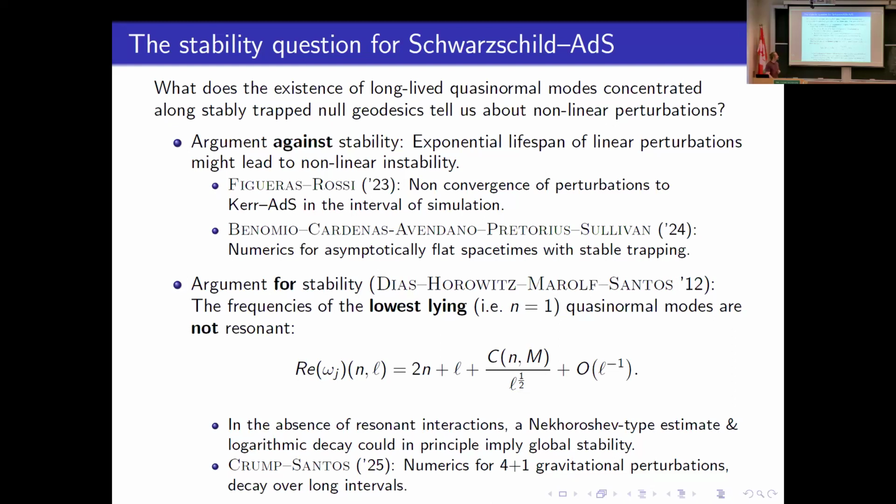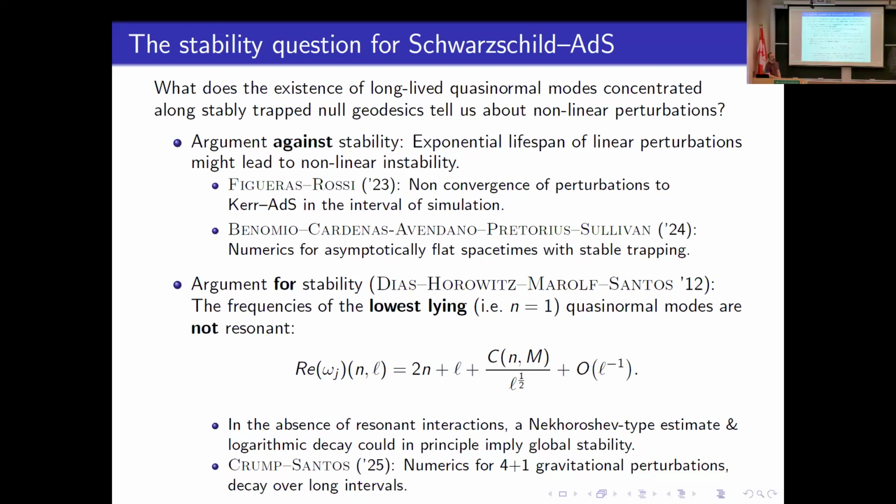And let me also mention the work of Benomio, Cardenas, Avendaño, Pretorius, and Sullivan, who studied a nonlinear equation, not on asymptotically AdS spacetimes, but on other spacetimes, ultra-compact stars with stable trapping. And there they also didn't see any decay happening. In fact, we'll come back to this, but they also have a conjecture about the nature of turbulence appearing there. On the other hand, going back more than 10 years now, Diaz, Horowitz, Marolf, and Santos